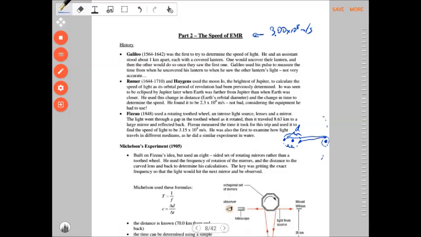So they knew that distance, they knew that time, and of course velocity is simply distance over time. So they converted all that, and they ended up with this calculation of 2.3 times 10 to the 8th